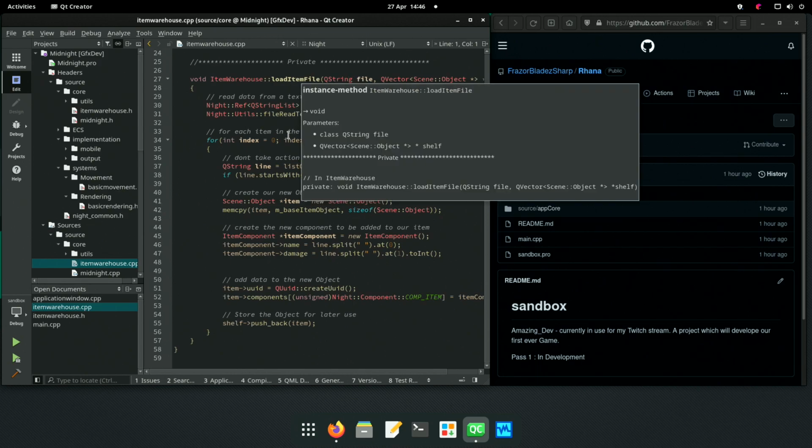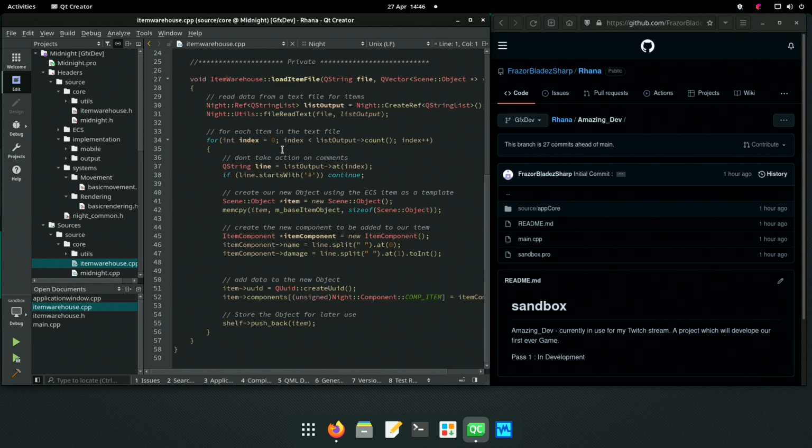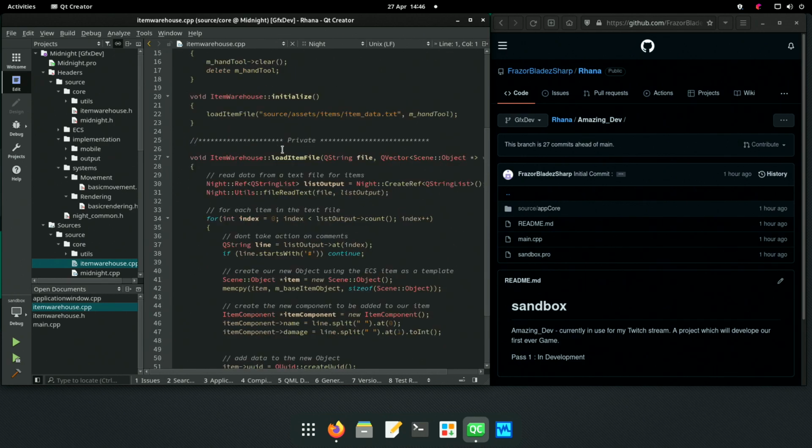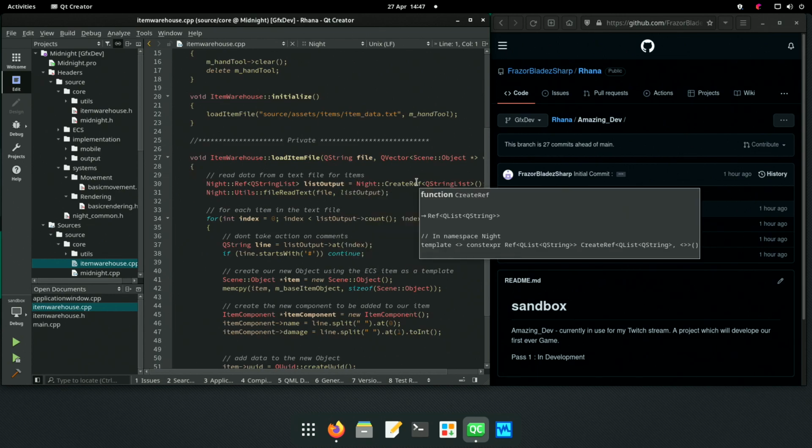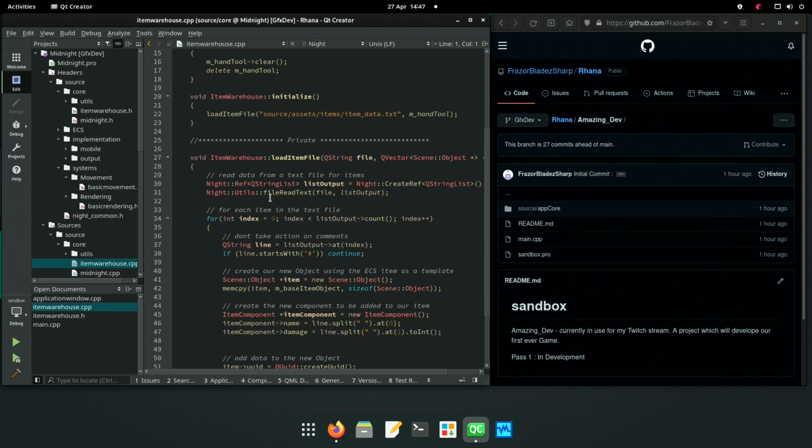Load item file. Are we actually using this? We are in Initialize. Source, assets, items, item data. We must be adding something to it.